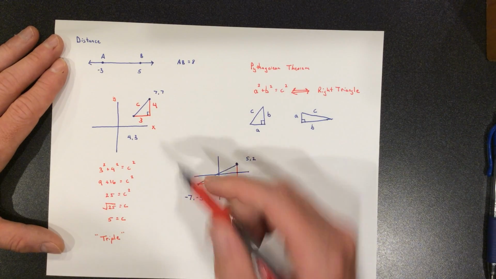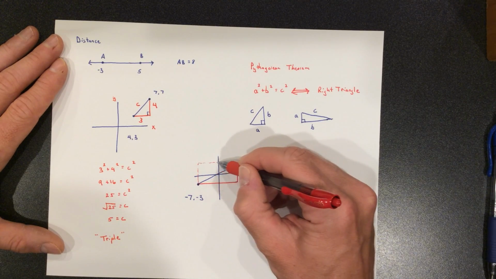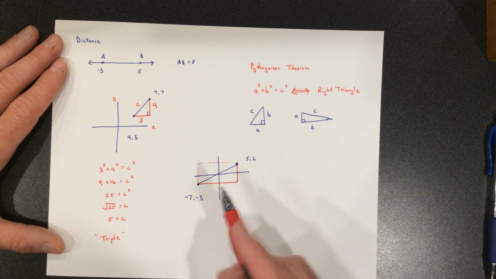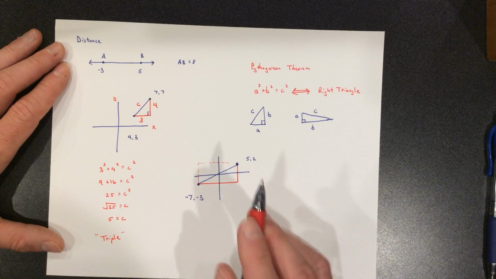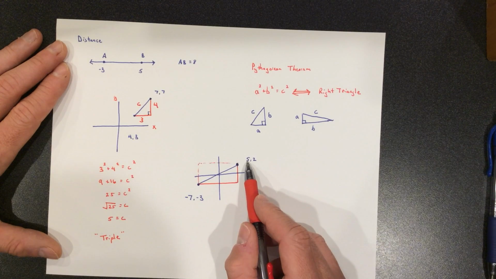Doesn't really matter, right? You could have gone up, and then you could have gone over, right? This distance and this distance are the same. It doesn't matter. Over and up or up and over, it's kind of like slope. So if you're at -7 and you go all the way over to a +5, again, I'm thinking x value,